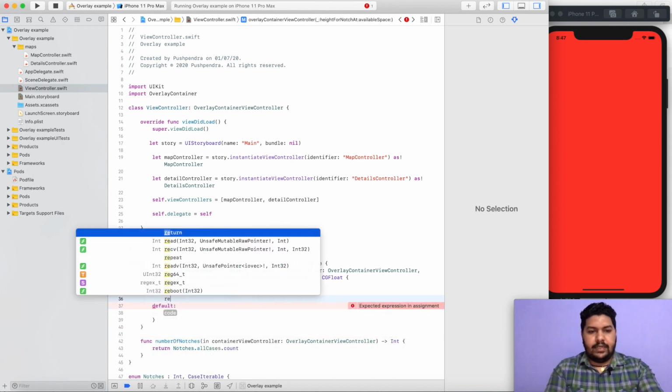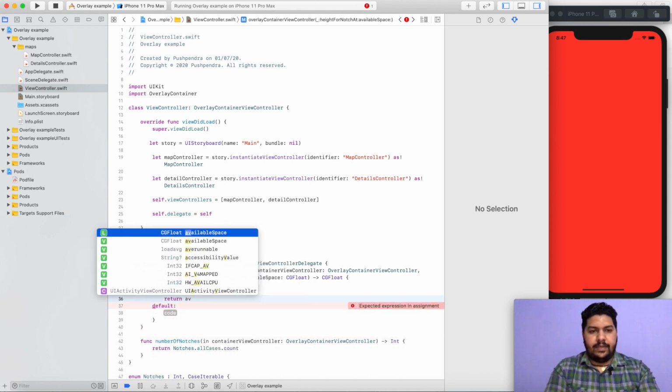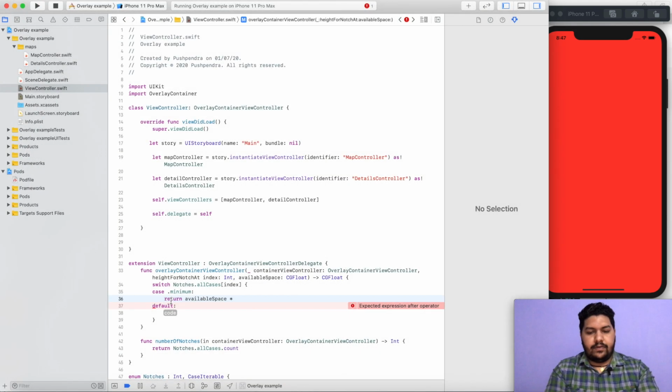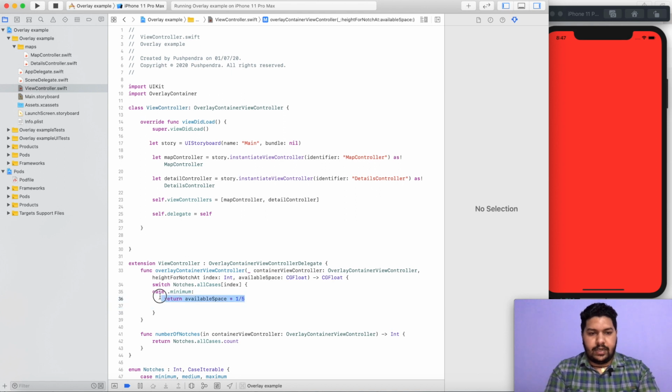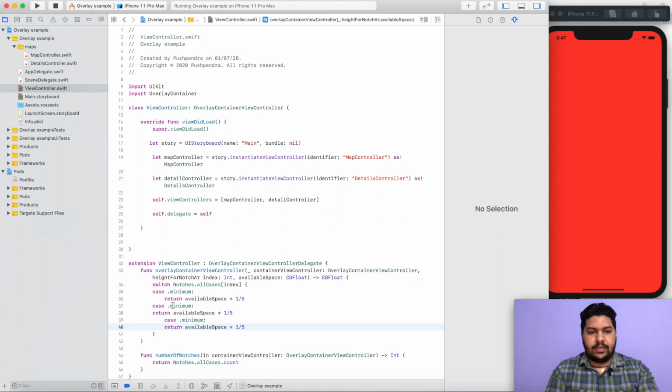We can say return available space 1 of 5, meaning 5 parts in total and 1 part of that. There is no default case, so just remove this one, and copy paste, copy paste. This is medium, we can say 4 and 2. This is maximum.